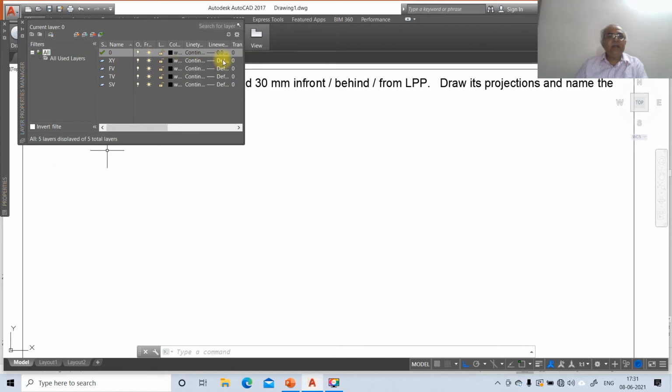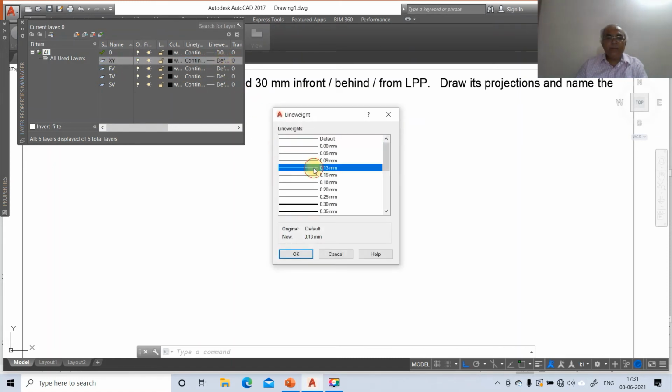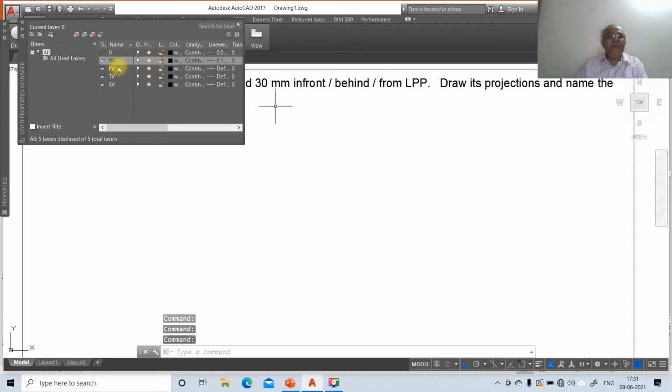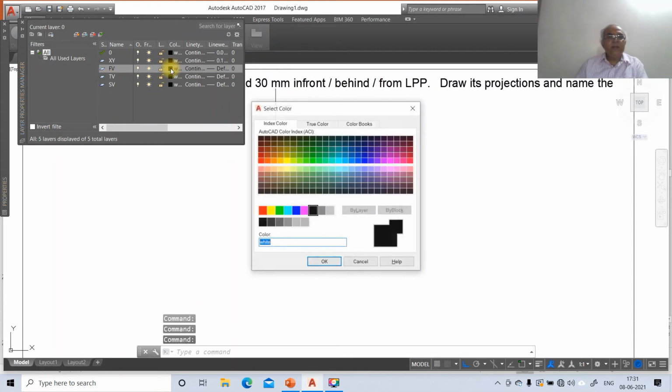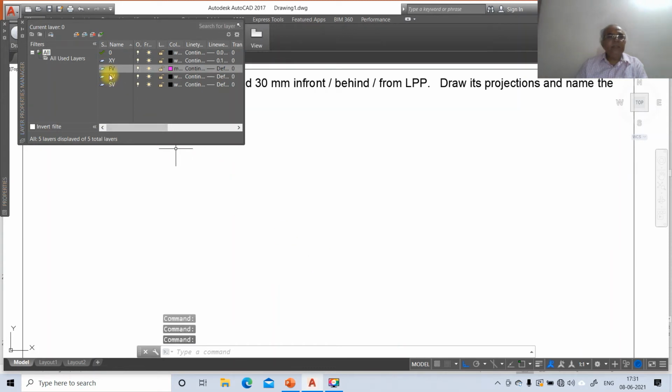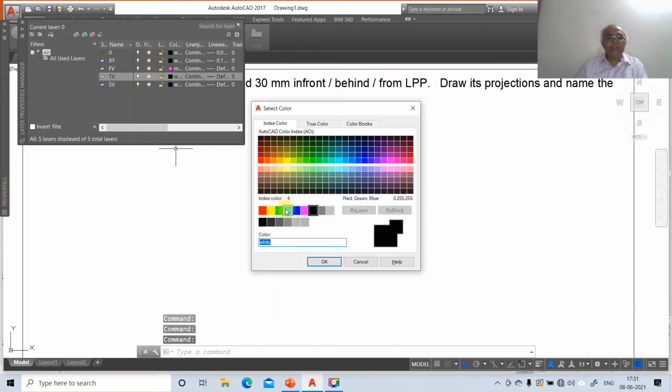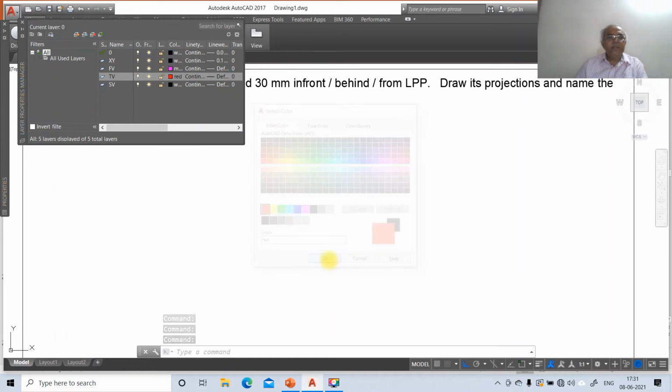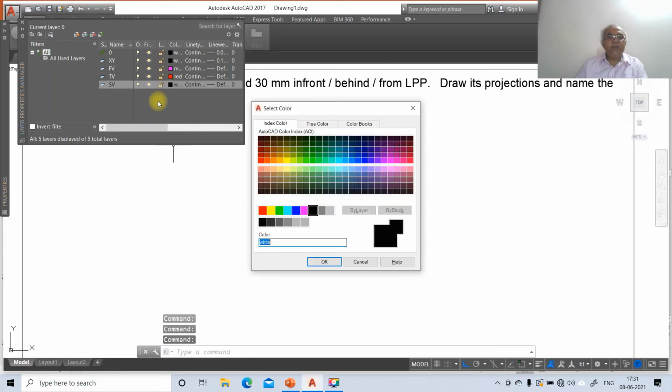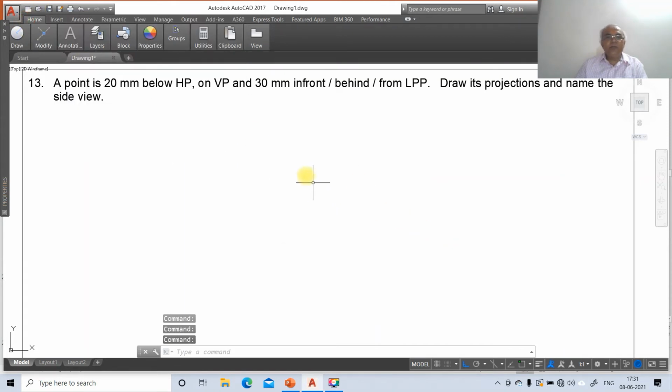Then the XY line will have 0.13. Then the front view will have the color magenta. Then the top view, the color will be red. Then the side view, the color will be blue. Okay, then close it. Now this is over.